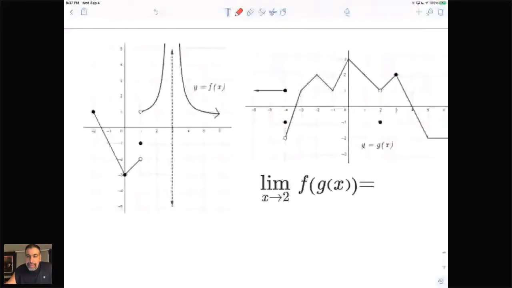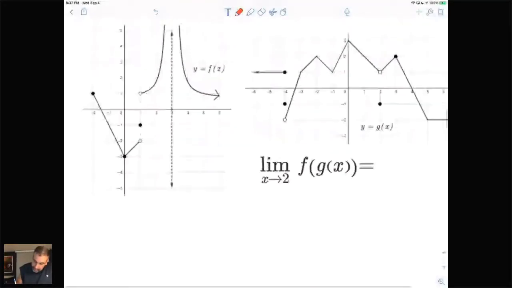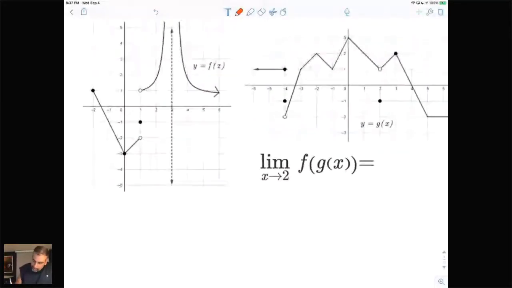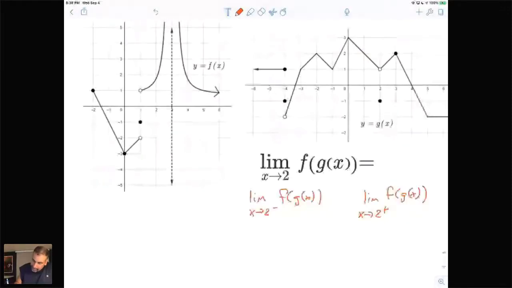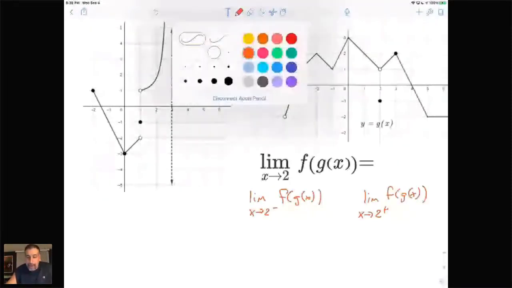We want to ask, what's the limit as x approaches 2 from the left, and what's the limit as x approaches 2 from the right? And then we need to tackle these two things individually to find out. So first thing we're going to do is look at this, and we're going to say, all right,